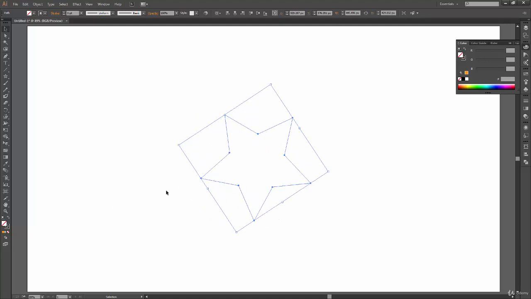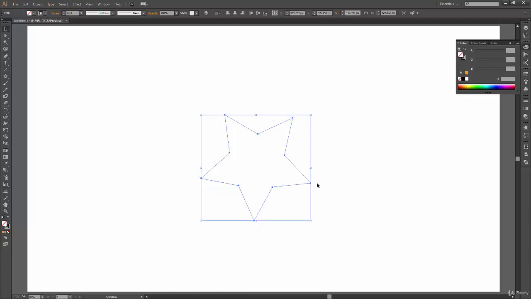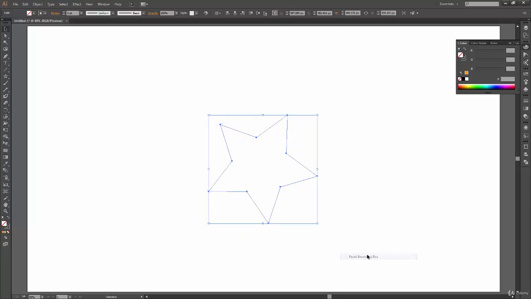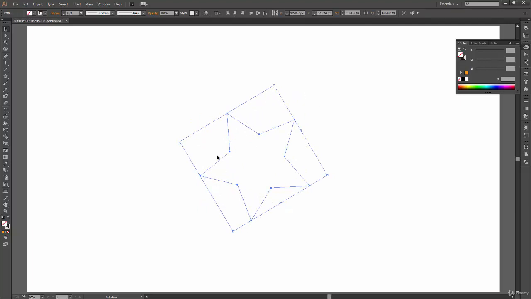Now, if you want to reset your bounding box, what you can do is right click, go to transform, and there you have your option which is called reset bounding box. So click on this and you have your bounding box reset. Again, you can transform your shape or rotate your shape in any way you want. Again, click on reset bounding box to reset your bounding box. So that's just a simple option that resets your bounding box if you intentionally want to do it. Otherwise, I prefer the bounding box the way it is, because it tells me that there is this kind of rotation that has happened on this shape.